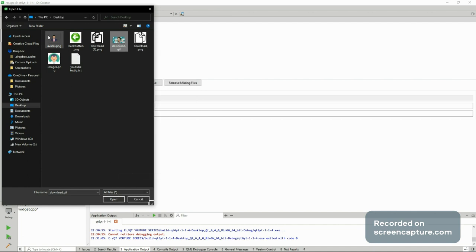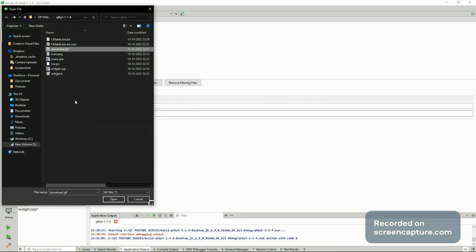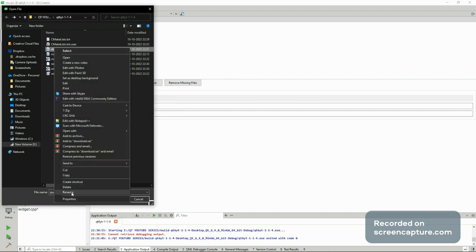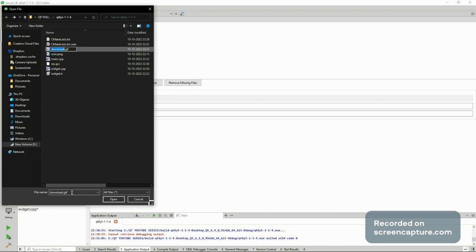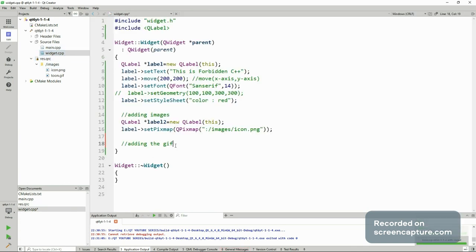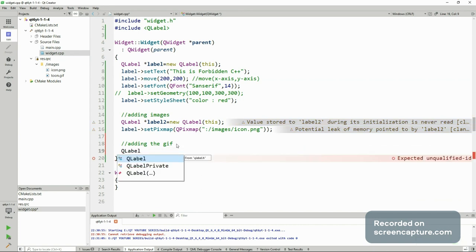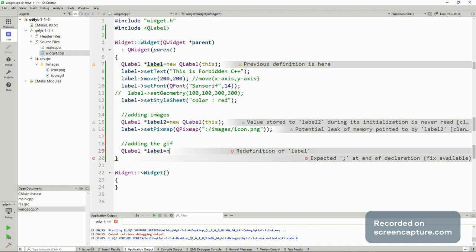I'm just going to copy it and paste it here. So this is download, and I'm going to rename it as tune. Okay, select it, and tune.gif. Now it has been added, and I'm going back to widget.cpp, and I'm going to write QLabel label and new